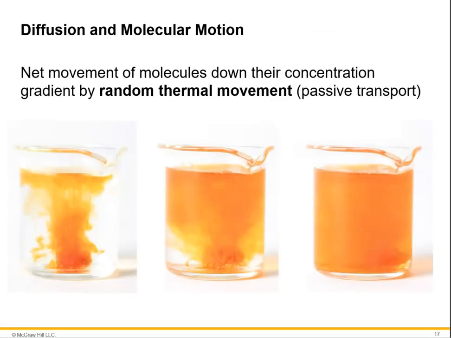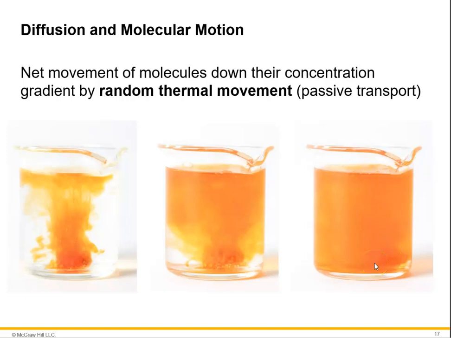Okay, this is an example of simple diffusion, where there's going to be a net movement of molecules down their concentration gradient, right? So from areas of high concentration, for example, this region here of the orange, where there's a lot of dye here, and then so it's going to move from this high concentration out to areas of low concentration. You can see on the periphery here, you have just plain water. Okay, so here it's spreading out until it's uniformly orange